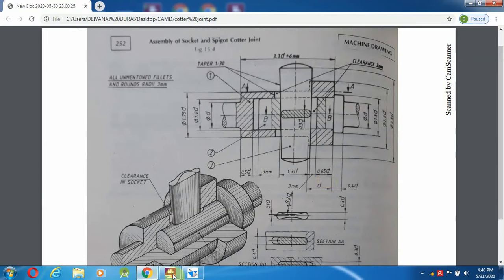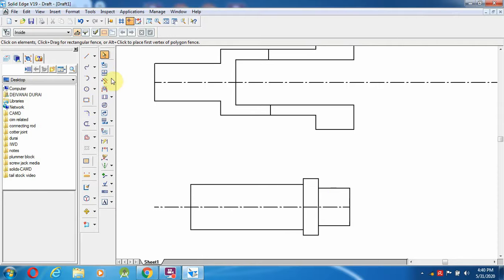Okay, so if you find 0.65d, that means 0.65 into 20. So the length from here, the end from here, 0.65d, that is 13 mm length, 13 mm. I am going to draw a straight line over here, going to stop.